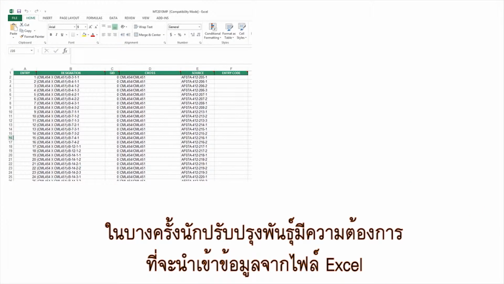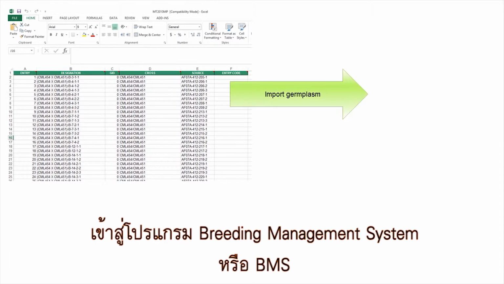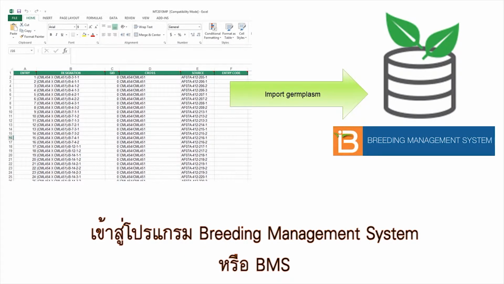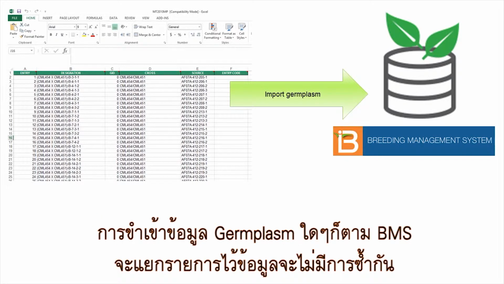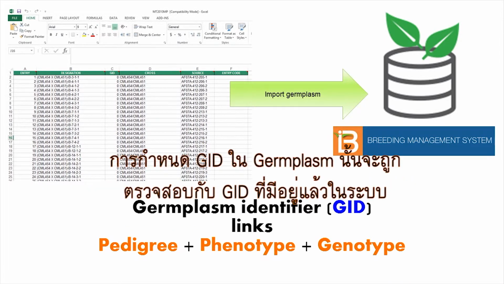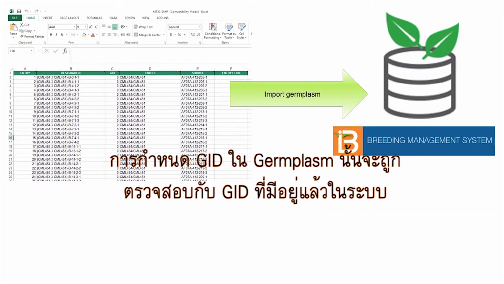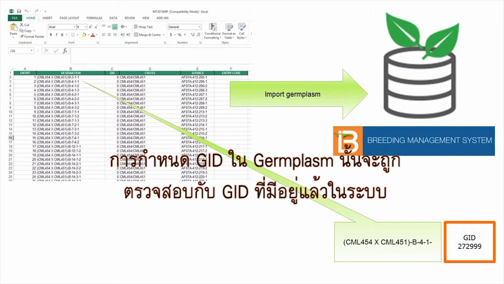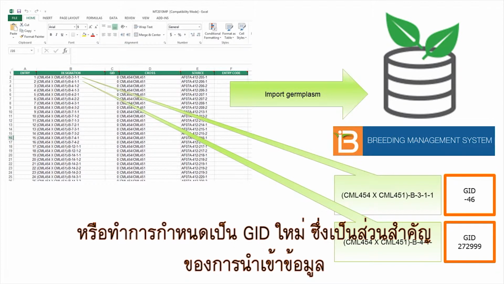At some point, most breeders will want to import data from Excel spreadsheets into the breeding management system, or the BMS. Importing any data into the BMS requires that germplasm entries have unique germplasm identifiers, or GIDs. Assigning GIDs to germplasm, either by matching to an existing GID or by assigning a new GID, is central for